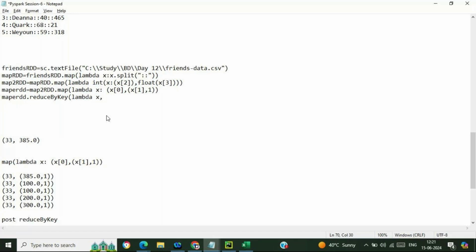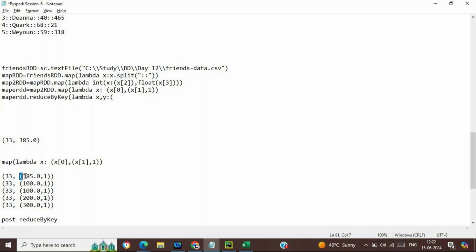If I'm passing x and y, it will provide me x plus y. But over here the items are given in this particular way.